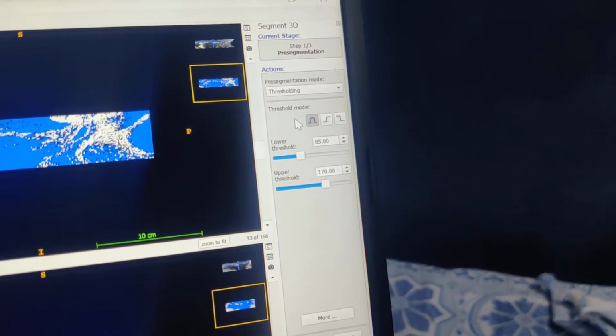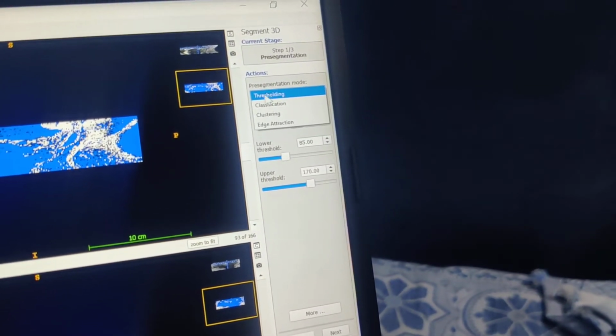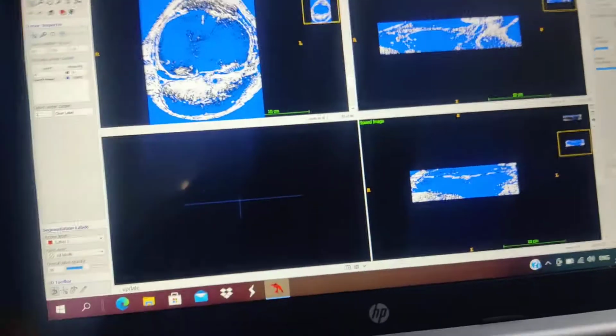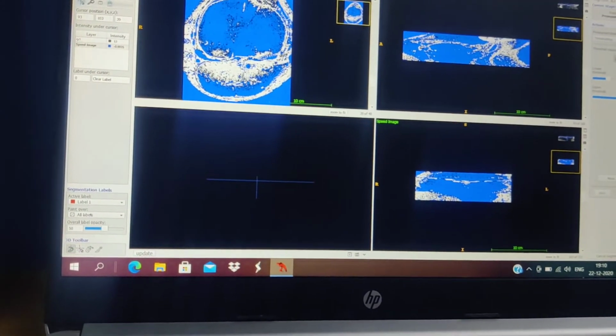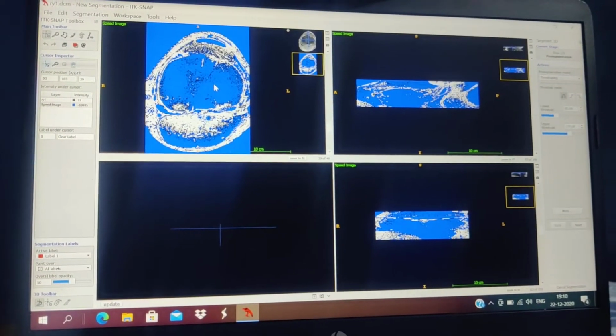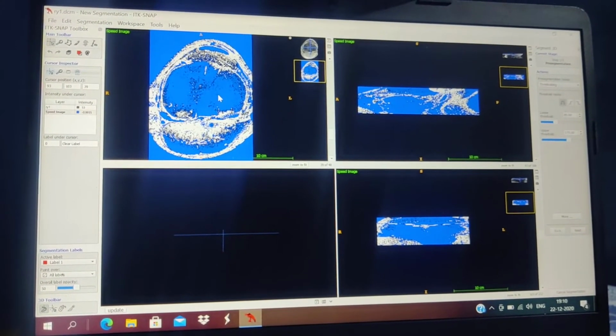As you can see, over here we have a thresholding operation. We can try different operations, but for simplicity, we are keeping it as a thresholding operation. So the white part is the foreground and the bluish part is, you can say, the background. So we want this part to be foreground.